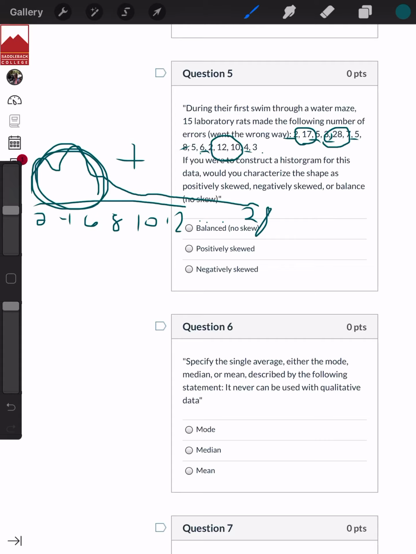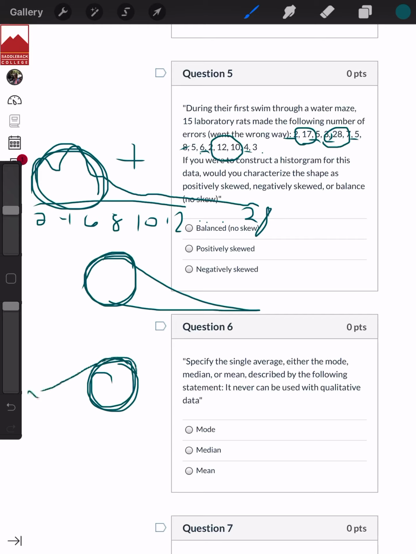So your goal is to find out which is the abnormal number. Whenever you're looking at your data set, you have the bulk of where most numbers are, and then if you have a number that's very much larger than those numbers, then it's going to pull the skew up. If you have your data here and there's a very small number, let's say all these numbers are clustered around 10, 12, 15, 20, and then you have one number that's maybe a 2,